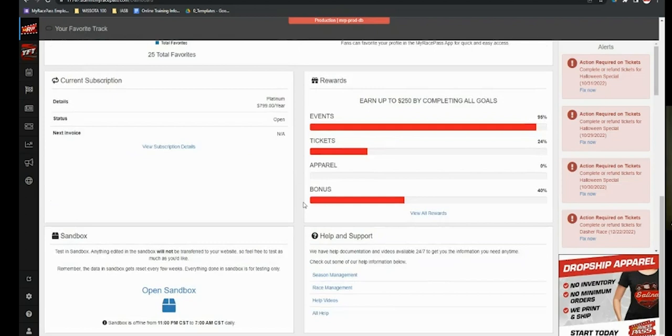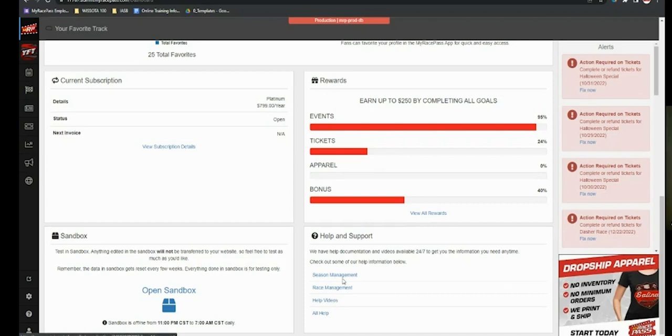As I scroll down this page, there are two other things I want you to look at. Sandbox is at the bottom of the screen. If you want to test something, Sandbox is a siloed environment that's a direct copy of your live environment data. So if you want to practice a different lineup scheme, or this, that, or the other thing, and see what happens, use Sandbox for that. There's also a help and support section down here with links to our help center articles